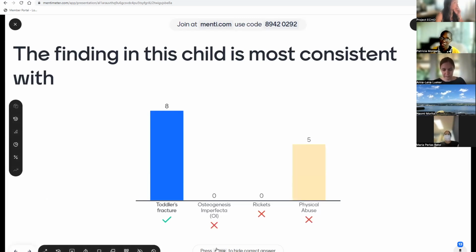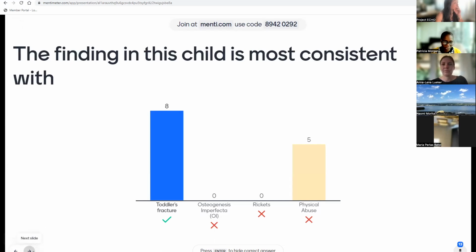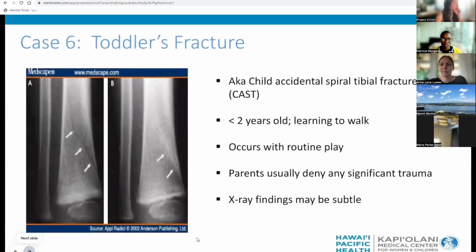So this is a toddler's fracture. And I will tell you, I presented a case like this to some child abuse colleagues, and it was very interesting what the thoughts were about a physical abuse workup. So let's talk about this fracture type. It's also known as child accidental spiral tibial fracture, and it is spiral or sometimes oblique in nature, usually on the distal portion of the tibia,